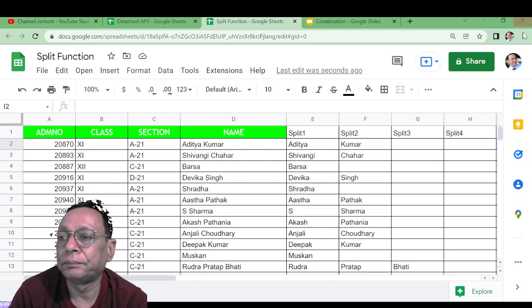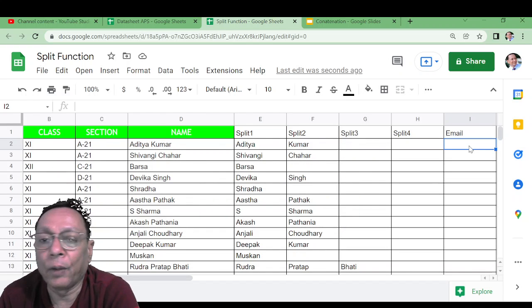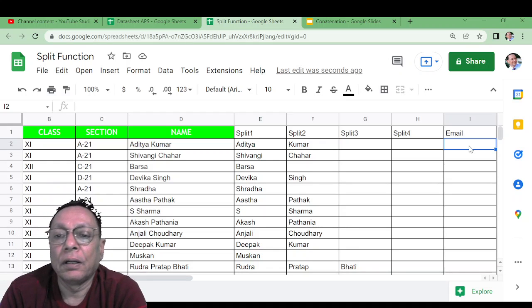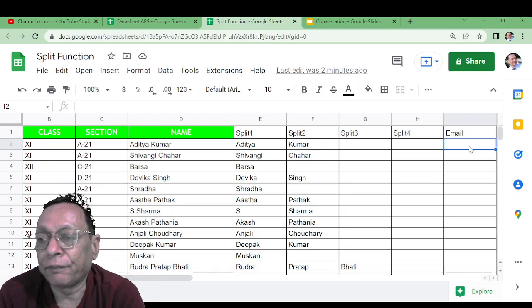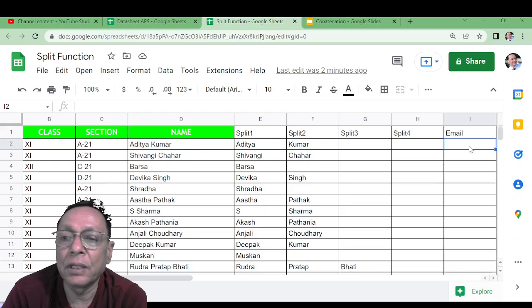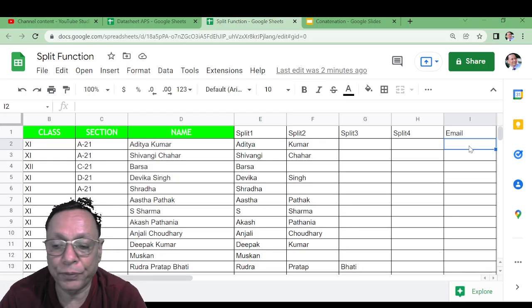So let's start. I'm zooming in to 125. Okay, fine. Now come to the appropriate cell. This is the email cell where I want to create the email ID, which should be unique, using the admission number and the first name. If the length of the first name is less than 3, then it will use the F column to create the email ID. So equal